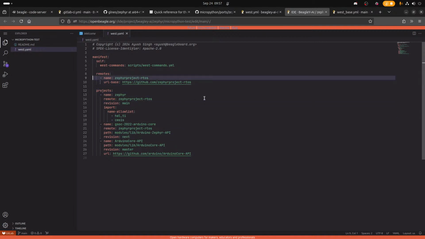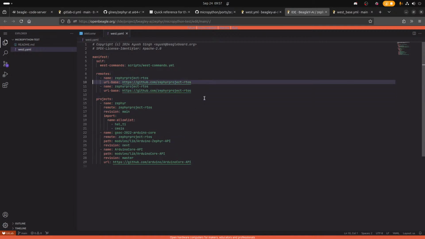Although I'm going to bring in, what's it called? So we just pull in HAL TI and CMSIS.